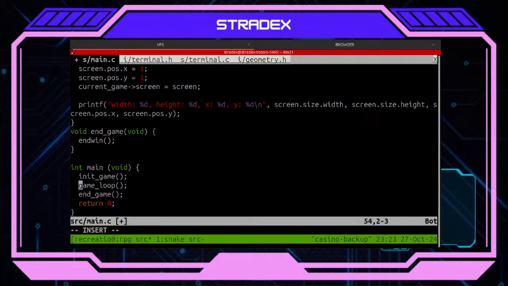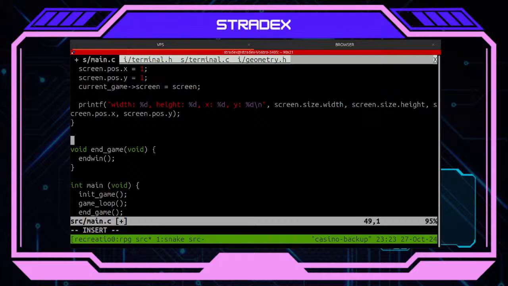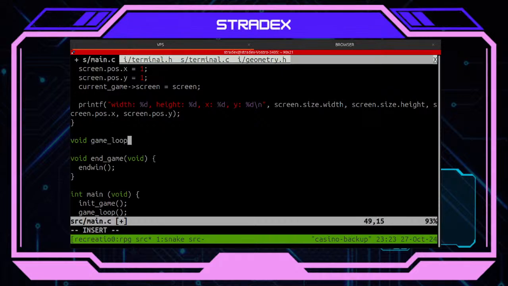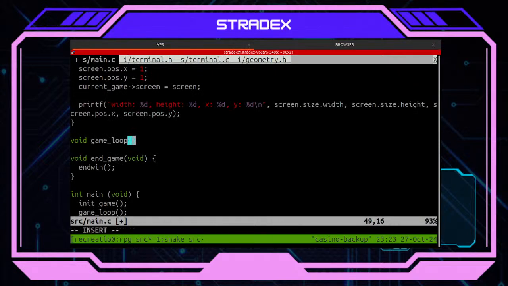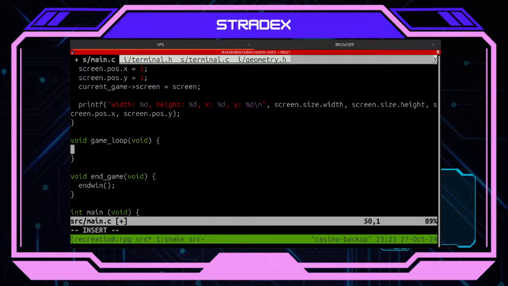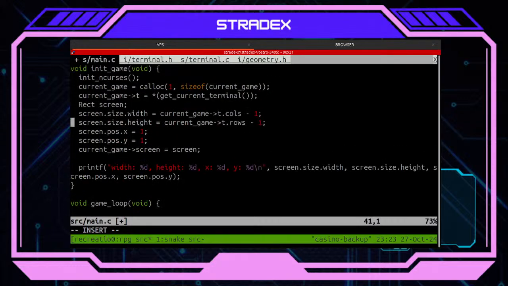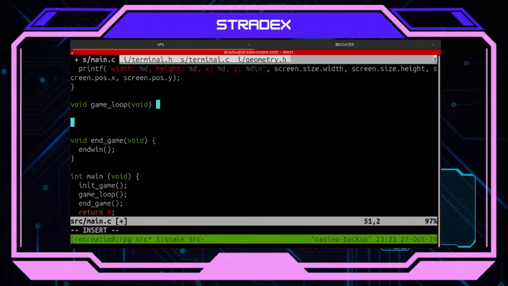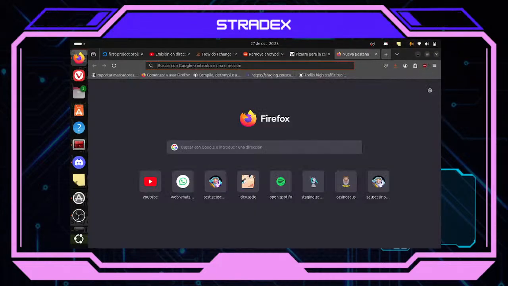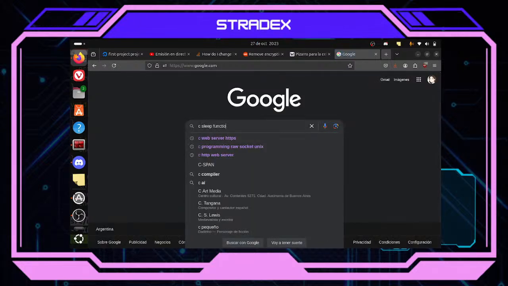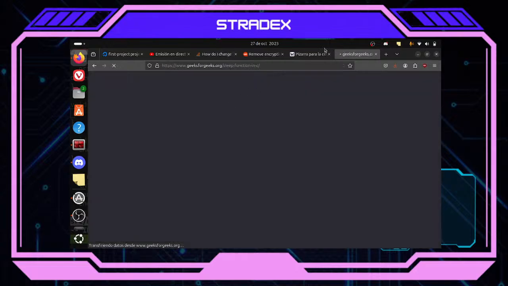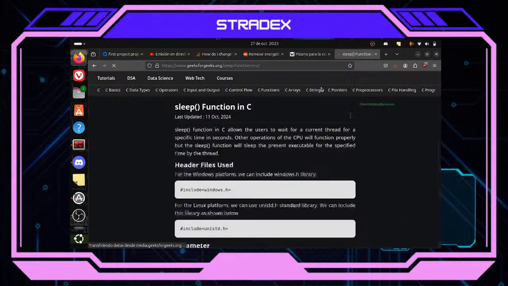Now let's create the game loop then, because this seems to be working. I can have here my game loop, void too. And here what I want actually is... I don't want a character, but let me check something please. I want the sleep function.